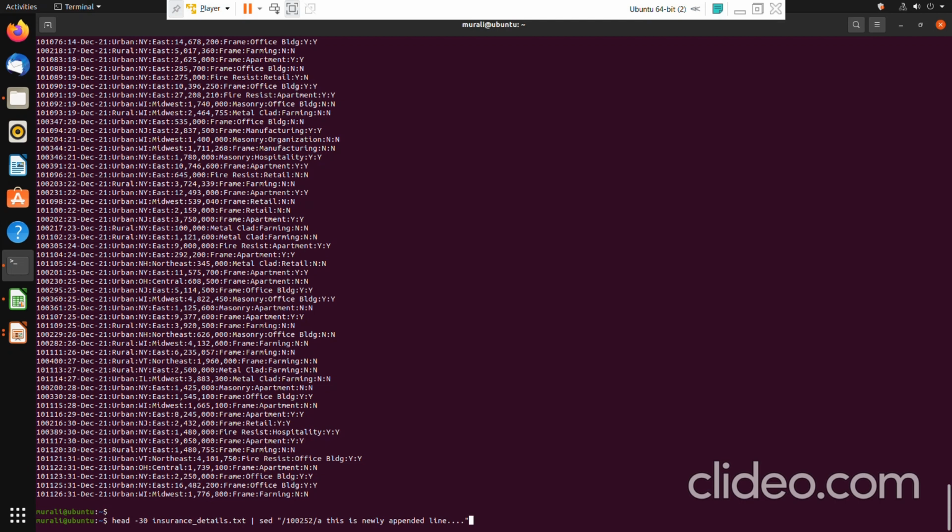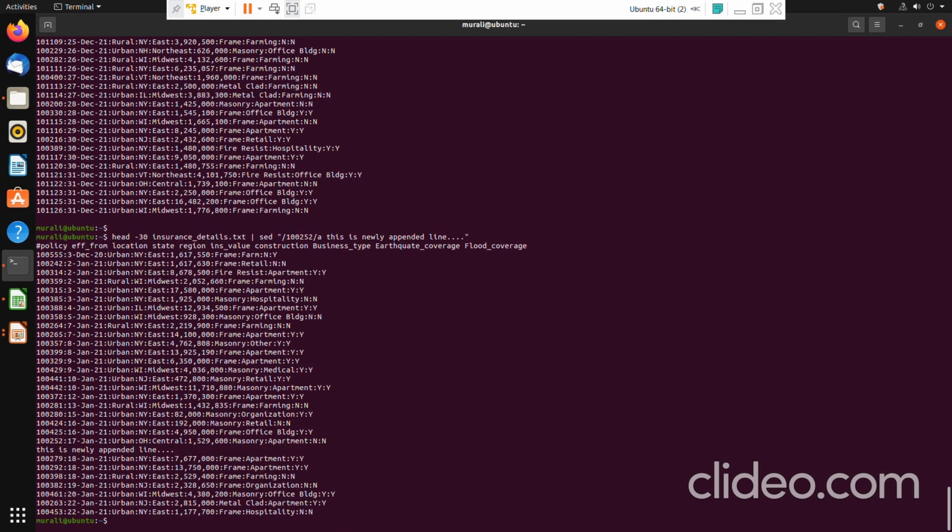So better I will do it like this so that I can quickly show you how it happens. So after the line containing the pattern 100252, after that line, append. What to append? Whatever I have given here. This is newly appended line. See, after the line containing the pattern 100252, it has appended this. So this is the append action.